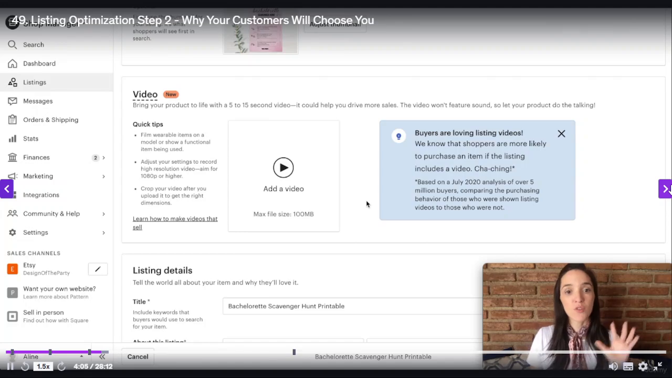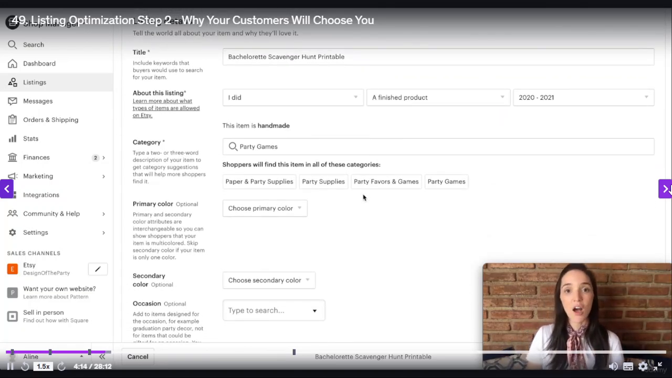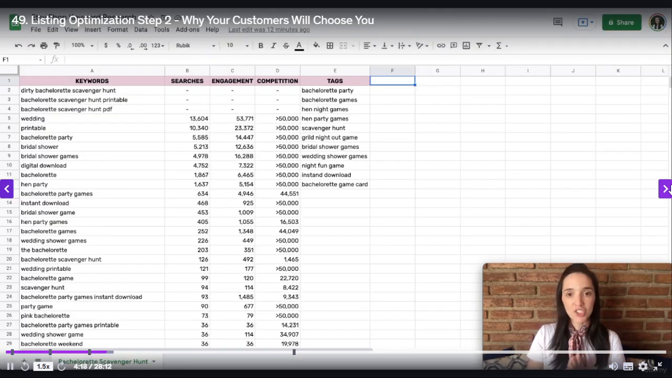And right now you can create videos from 5 to 15 seconds and with no sound. So this is where you would add your video. And now we're going to start optimizing all these different fields of our product. I have here open the spreadsheet that I have reorganized. I've added some more keywords to my master keyword list, and we're going to be using these keywords to optimize